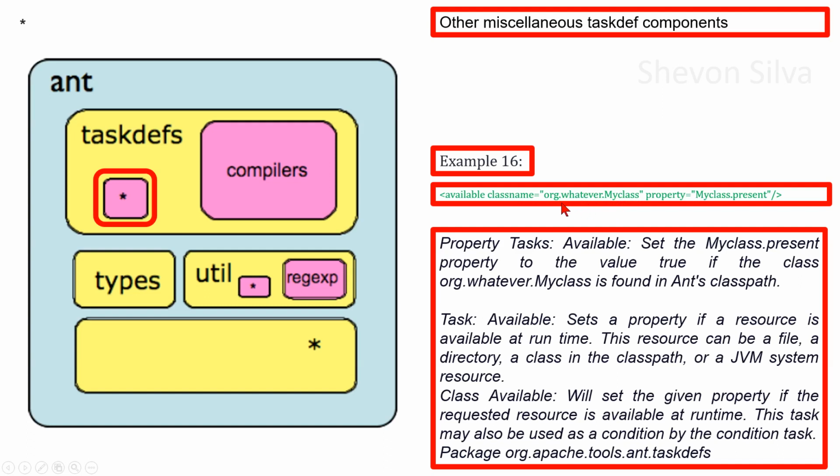This resource can be a file, a directory, a class in the classpath, or a JVM system resource. With regard to API, class Available will set the given property if the requested resource is available at runtime. This task may also be used as a condition by the condition task. This is in the package